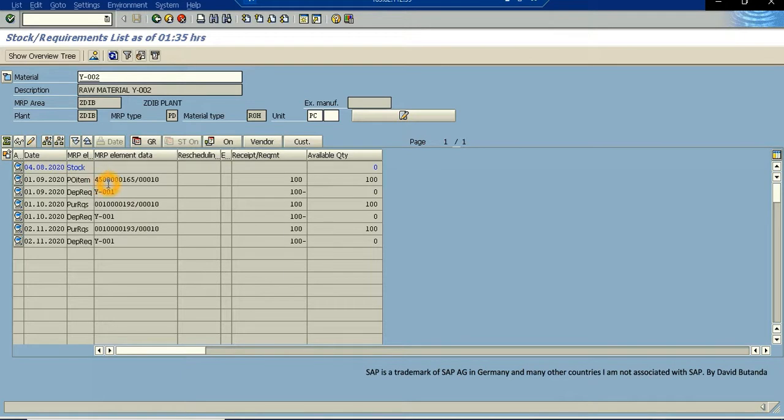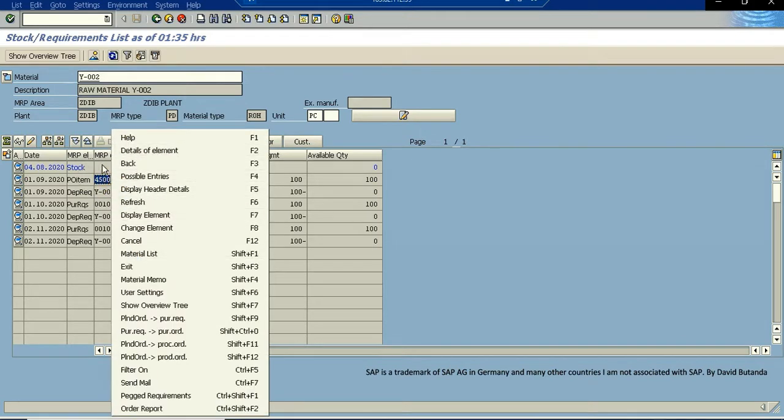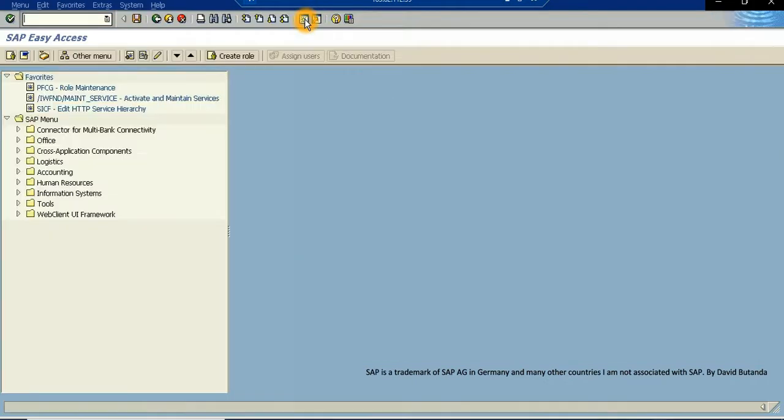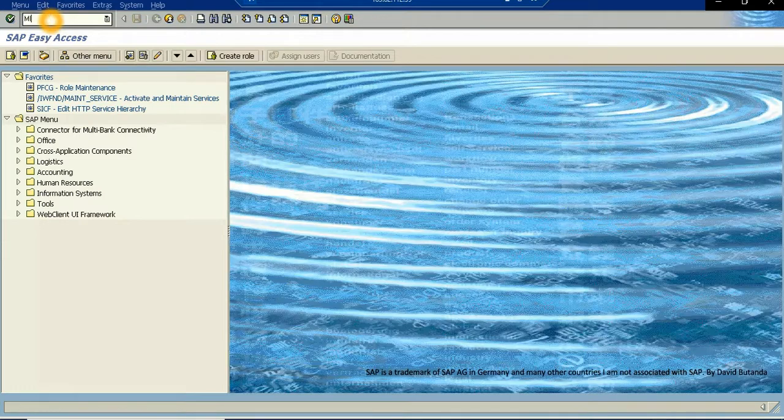So the next step is that the purchaser follows up on the purchasing until this purchase order arrives to the company. And I will copy the purchase order number to do the reception of the material. When we do the reception of the material, the stock is going to be updated here. To do the reception of this purchase order in the system, this normally will be done by a person responsible for the warehouse. So I can click on MIGO transaction, press enter,